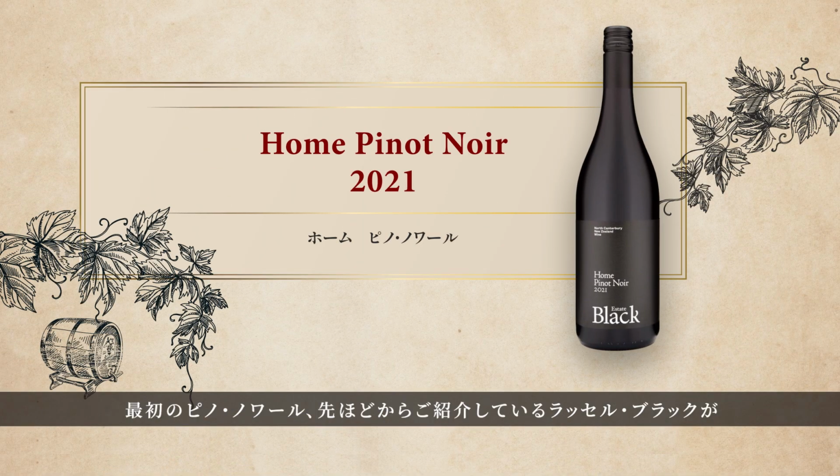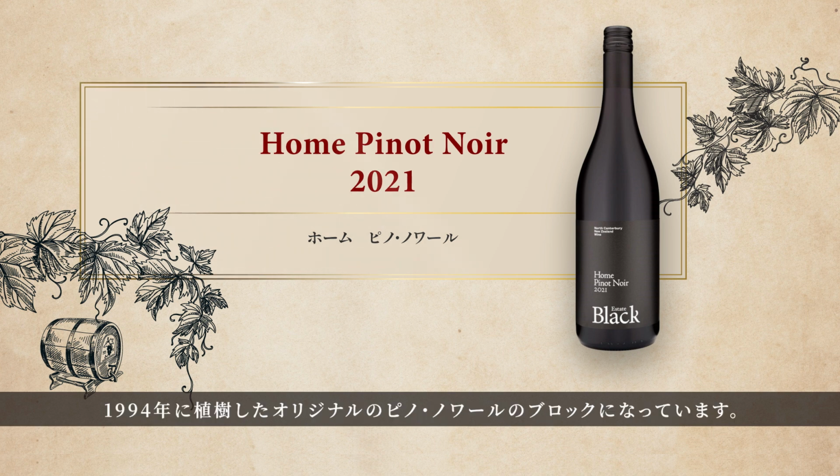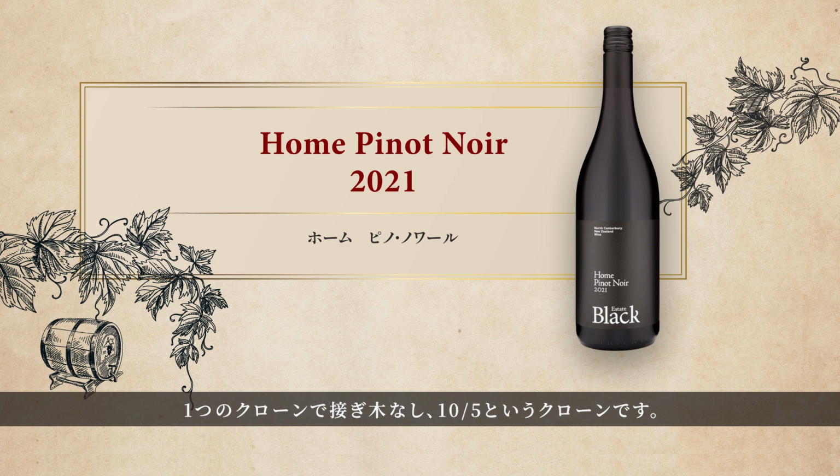So wine number 4 is one of the 3 Pinot Noirs that we will try today. And so we have 3 Pinot Noirs from each of our single vineyards. This Pinot Noir is taken from the original vines planted by Russell Black in 1994, and it's one clone, ungrafted,